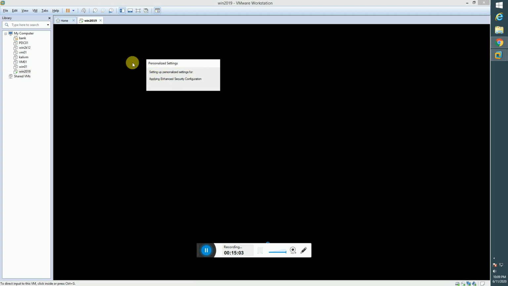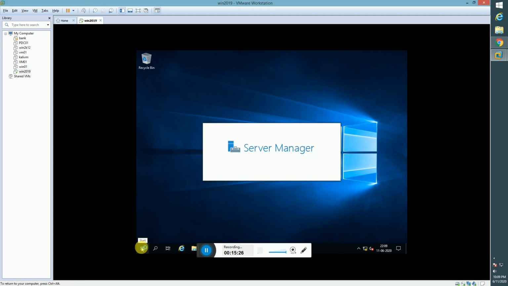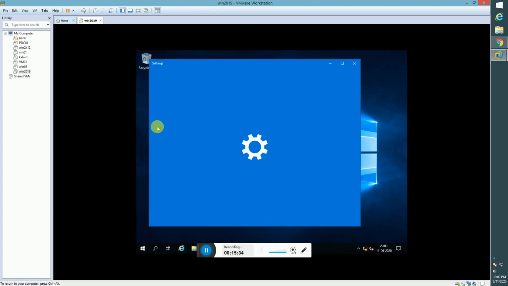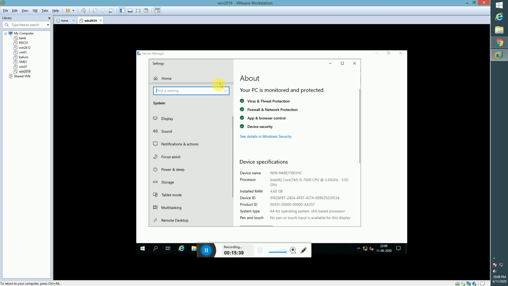Finalizing our desktop. You can see here personalizing settings, setting up your personal settings, applying enhanced security configurations. This is Windows 2019. If you want to verify what the OS is, then right click on the start button, go to system, and you will see it like this.